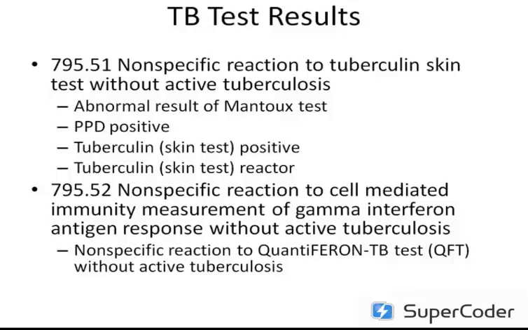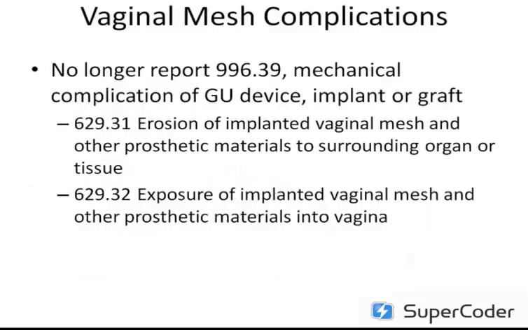Therefore, ACOG had asked for specifically ICD-9 codes that will track this particular complication. There's been multiple articles about this now. Payers are looking at this issue as well, and data is now being collected on the rate of complication for these mesh-type surgeries. So you're not going to report 996.39 if there is either an eroded vaginal graft or an exposure of the graft. Instead, you're going to use the